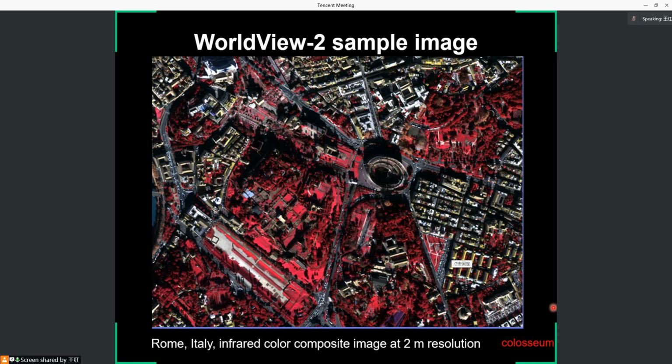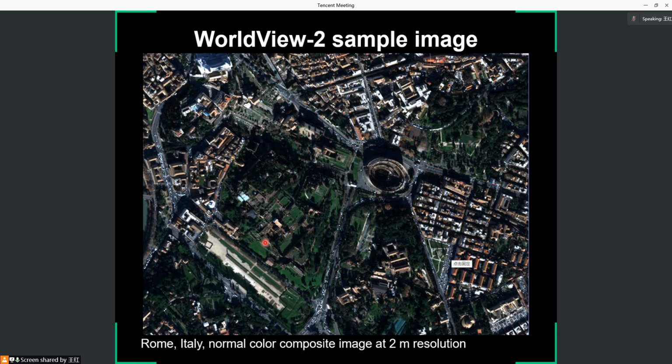I never went to Rome. So this time I chose this housing in Rome. I will find out whether the roof is green. And this is a normal color. Let's